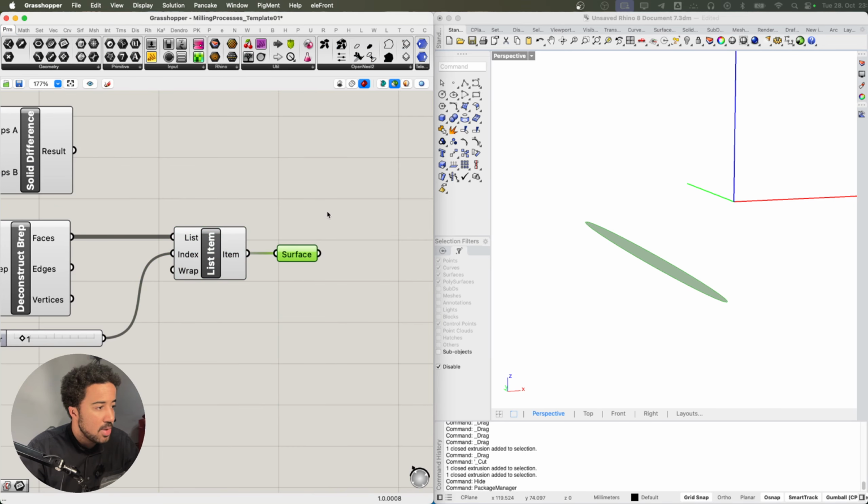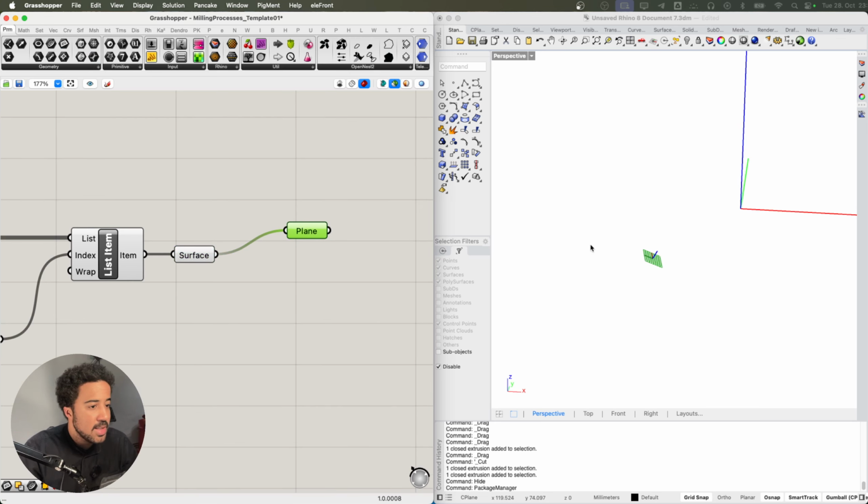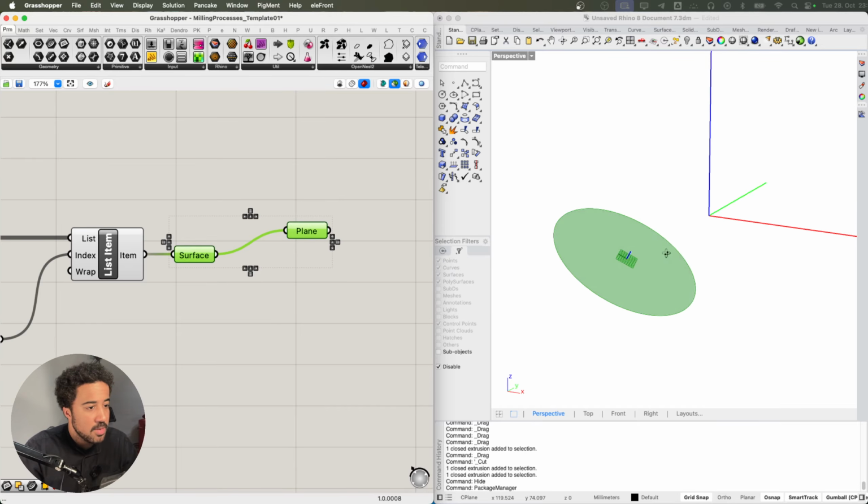Just to make this clear, I will use the surface param. But since it's flat, I can simply cast it. Casting just means converting one piece of data into a different kind of data. In this case, a surface cast into a plane. And I can cast it to this other piece of geometry, so I can simply create a plane from this surface.